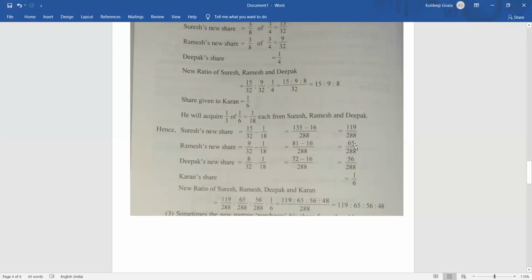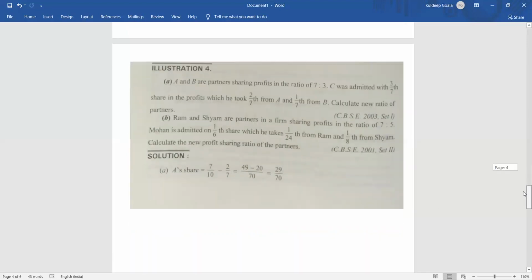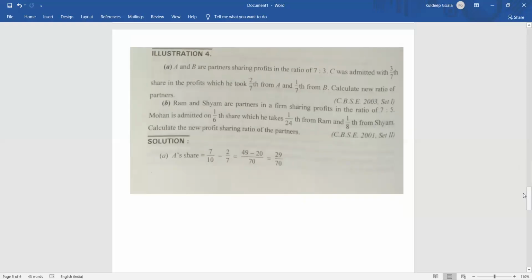119:65:56:48. Clear? Okay. Now let's go to the next question. I hope you all are understanding it. It is not so difficult. It's almost similar to what you have done in the previous